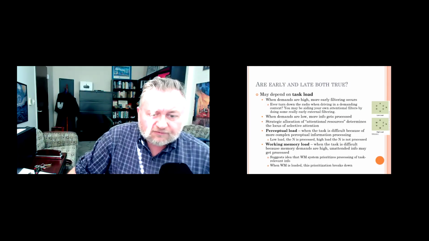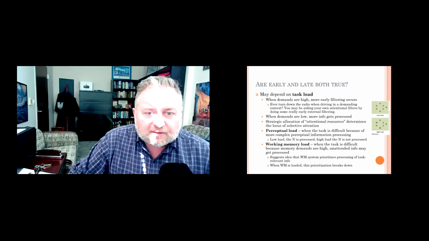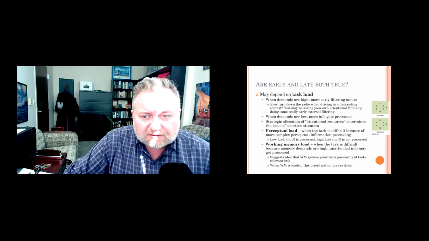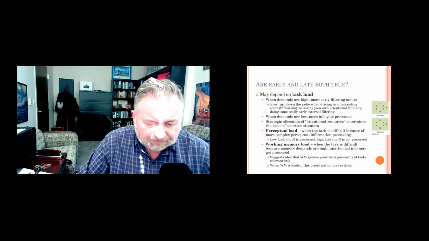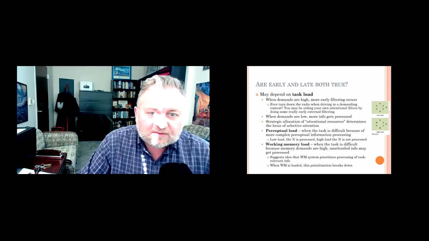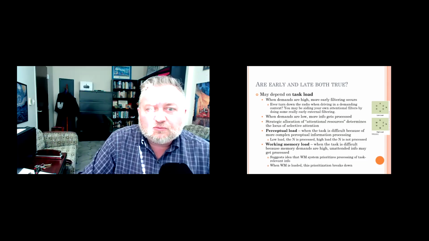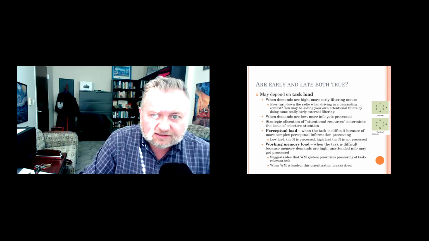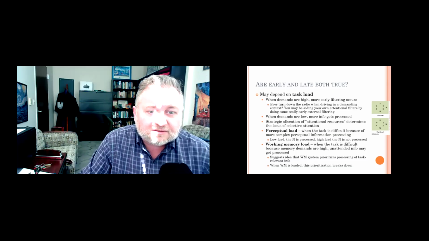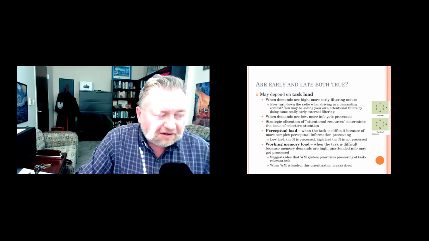Now, so we've provided mostly data supporting late selection models, although, of course, there's still evidence for early selection models, and it might be possible to think that maybe filtering happens in both, right? Why does it have to be one or the other? Can't we have both early selection and late selection happening? And the answer is, yeah, of course, why not?